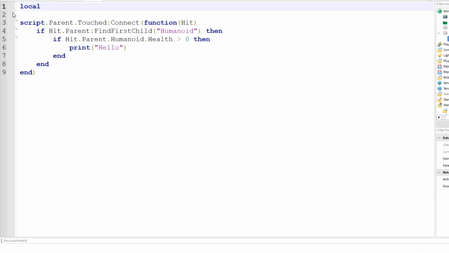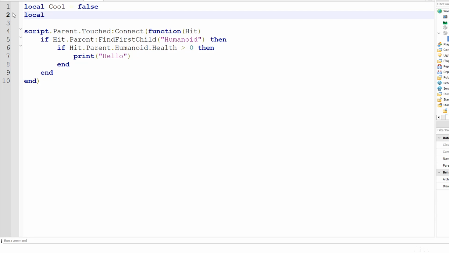Local cool equals false, and local cool time equals 1. So every 1 second, if someone touches it, it'll check the cool time. It'll cool down. Anyways,